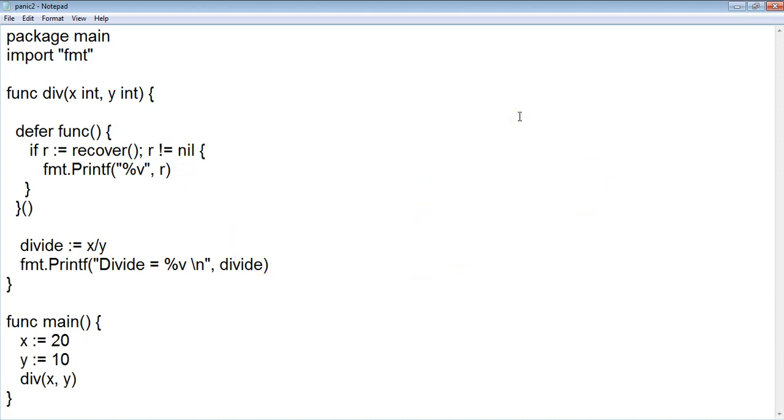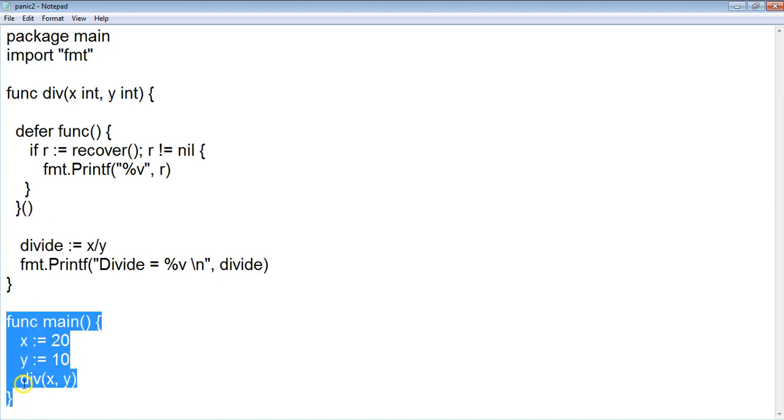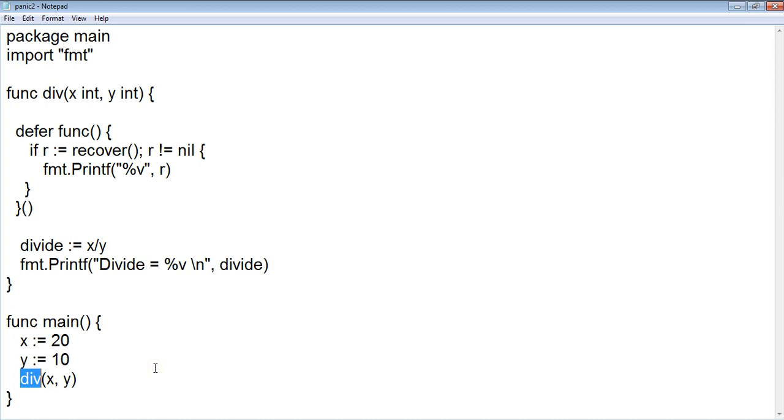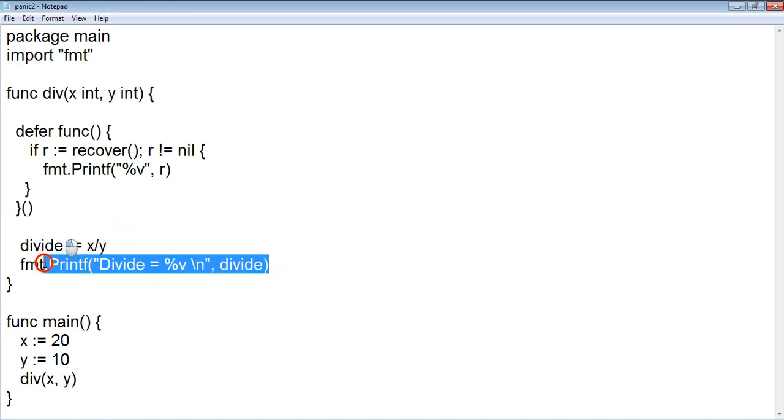This program that you see on screen is an example of the panic and recover technique followed in Golang. It has a main program. At the bottom you can see there are two variables, and there is a user defined function div, and the div function is going to just do the division of x and y. Within the function div it takes two arguments. We have seen that before, the function declaration as well, x and y, and it just divides x and y and gives you the division answer. It goes fine without any issues.